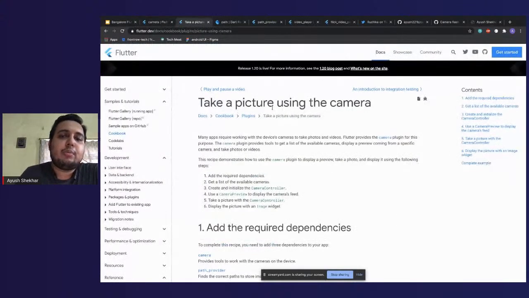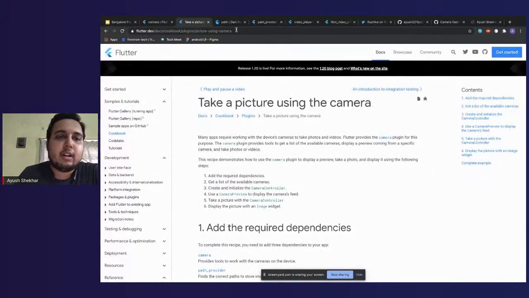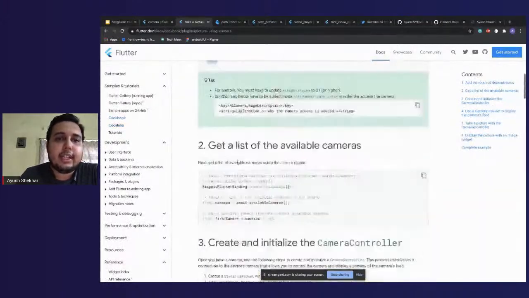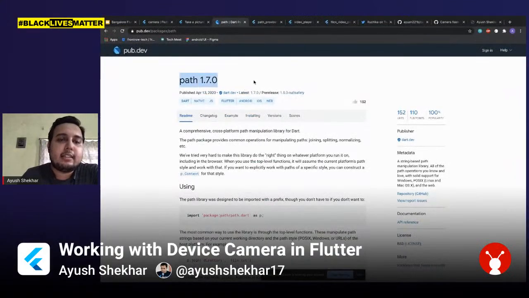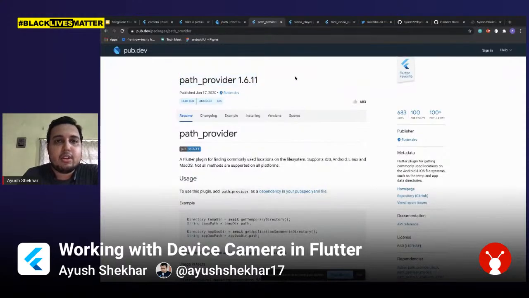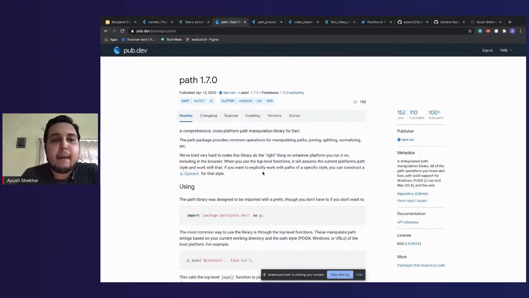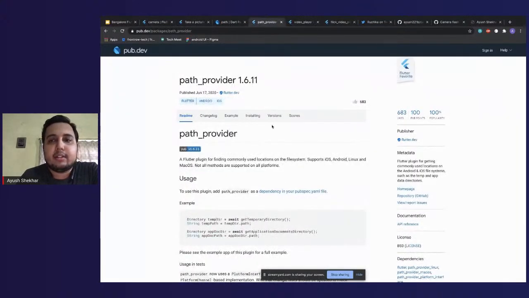Secondly, whenever we are going to be taking a picture, we have this handy documentation which you can refer to. If you just Google "take a picture in Flutter", you will get to this documentation. And this has everything that you would need for taking a picture. Essentially, it makes use of these two plugins, path and path_provider. Using these two plugins, we get the file path where we want to create that media file, which we are going to either capture or record, and then we pass that path to the camera plugin,